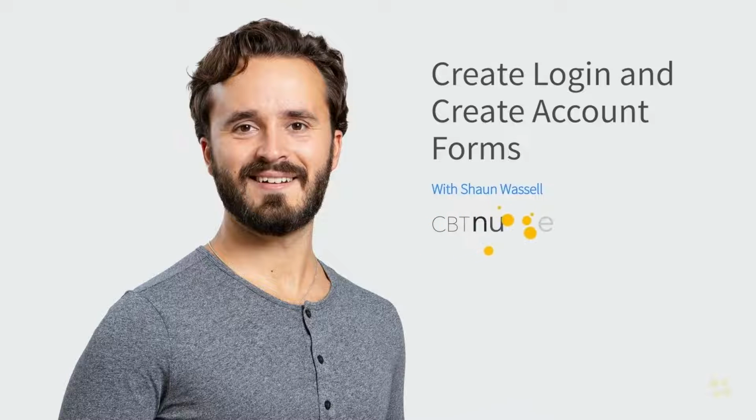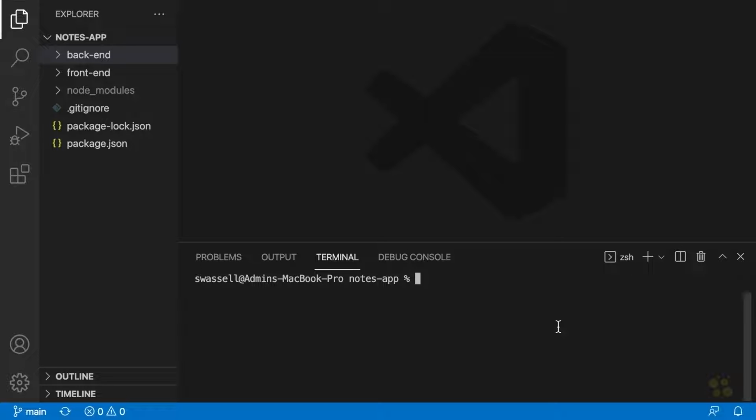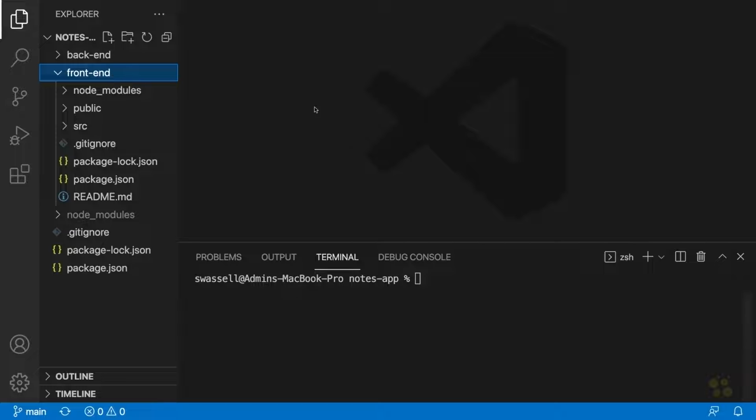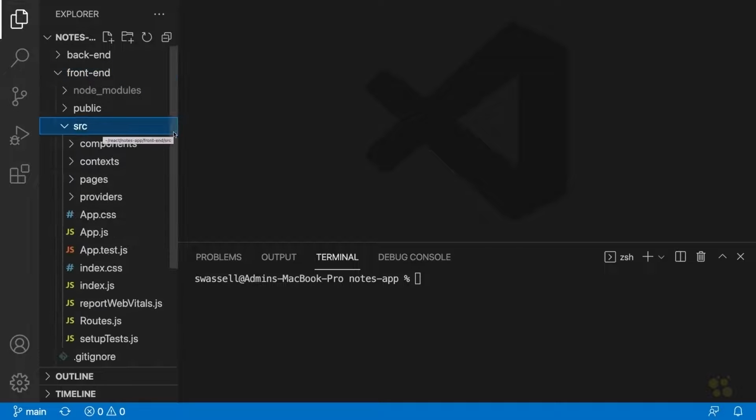All right, so to get started adding authentication to our app, which we're doing with Firebase Auth, the first thing we're going to do is set up a basic login page and create account page for our front end. Now, we've been through this several times before, so I'm not going to go into too much depth about what we're doing here. But one thing we are going to be doing a little bit differently than we might have done before